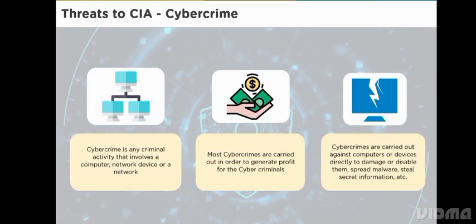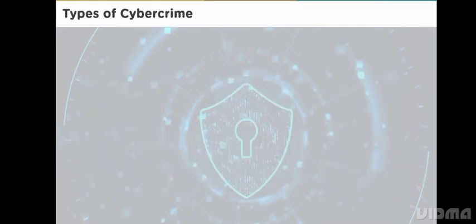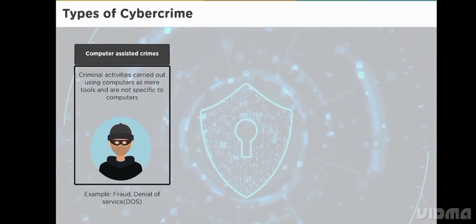So let's talk about types of cybercrime. The first type is a computer-assisted crime, where computers are used as tools to assist a particular crime. For example, frauds or online bank hijacking, where hackers hack into a bank and digitally steal money from a bank. Now, this could have happened without the help of computers as well, but here the computer assisted the crime, and hence it would fall under the computer-assisted crime section.